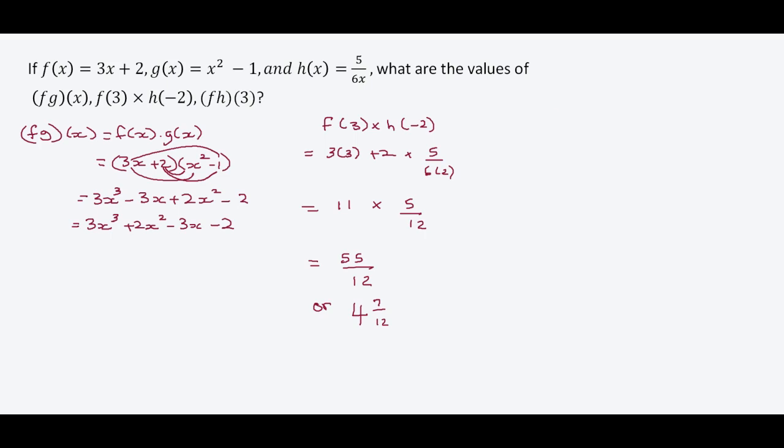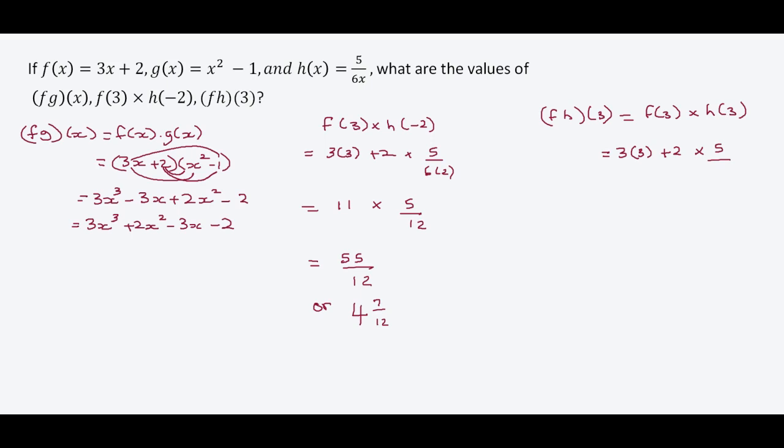Now we want to find (f times h)(3). This is going to be f of 3 multiplied by h of 3. The other way you can go about it is you can find the value of f times h of x and then just substitute 3, but this is a lot easier to work with. f of 3 is going to be 3 multiplied by 3 plus 2, and then h of 3 is 5